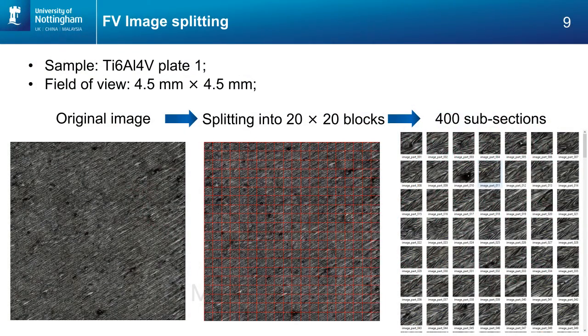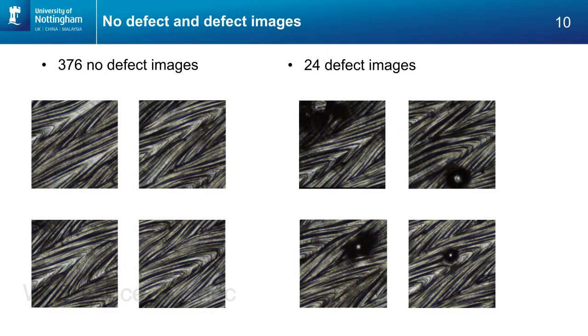To prepare the database as the input for the classification network, samples had been made of the material Type 64 nominated in our project. A 4.5 mm by 4.5 mm valid area of the sample was measured and split into 20 by 20 blocks. In this manner, 400 grayscale subsectional images were acquired. Then the images were manually labeled as defect images and no defect images with care. In our case, 376 images were labeled as normal images, whereas the rest 24 images were labeled as abnormal images